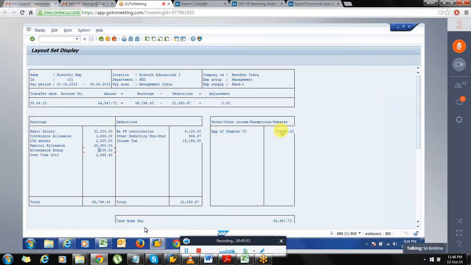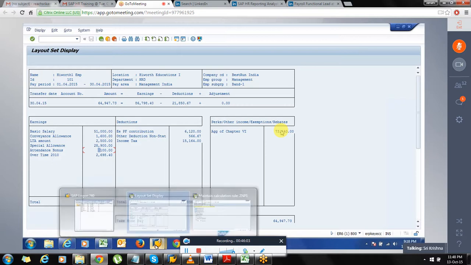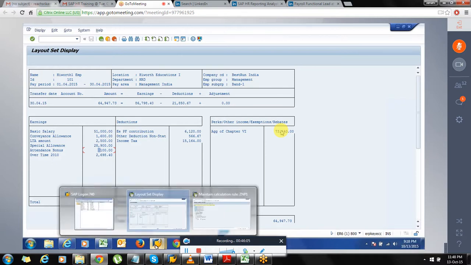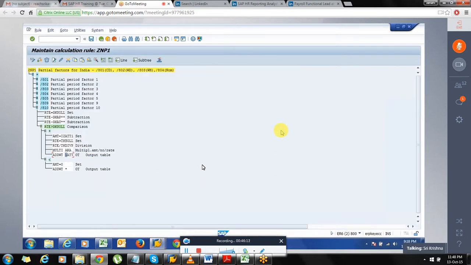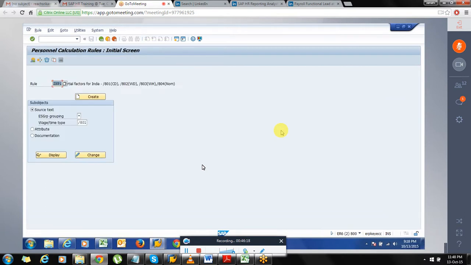So I think, Praveen, because you are in the middle of the session, initially we discussed how to write the PCR from the basics, but I think it is clear for you as of now. Yes, I can understand what you're saying. There are two things I really need on this.